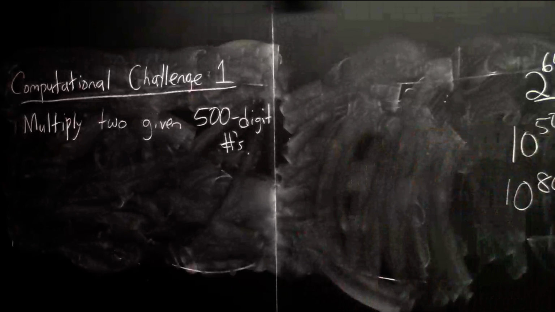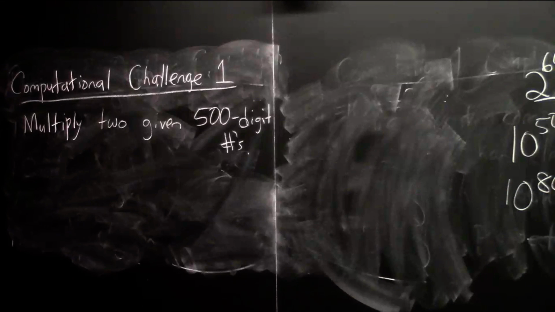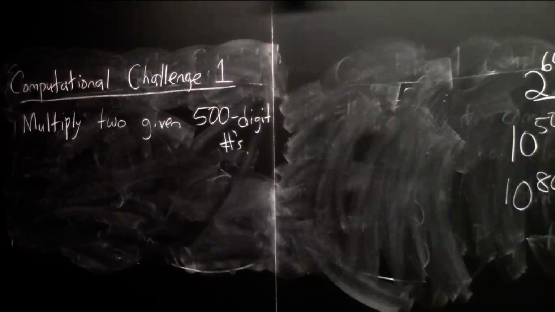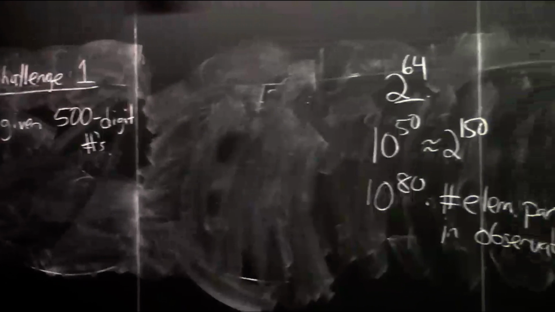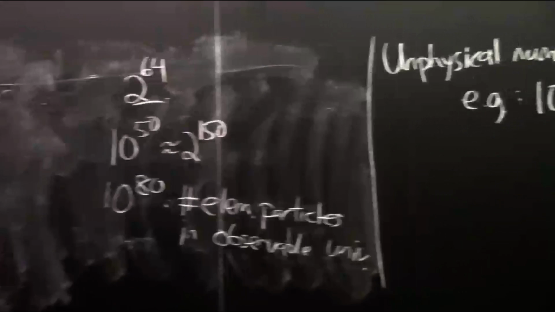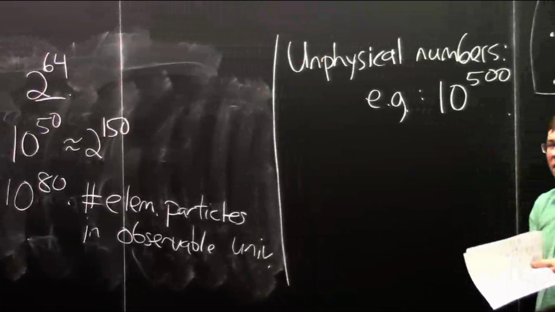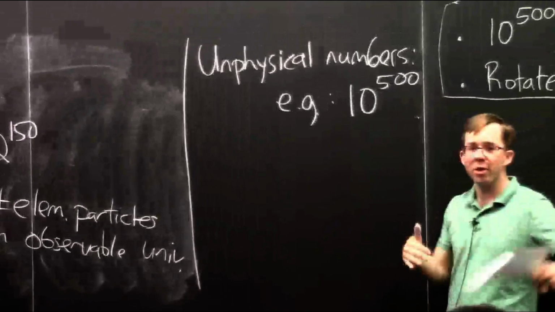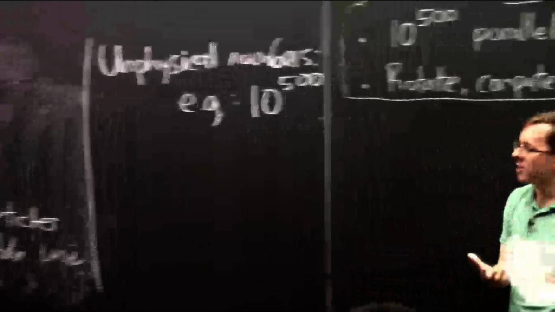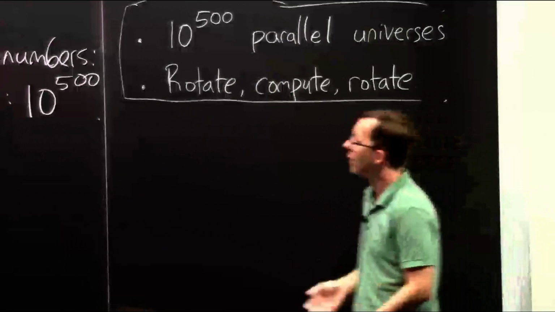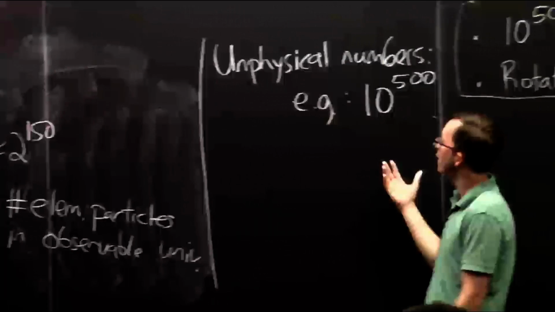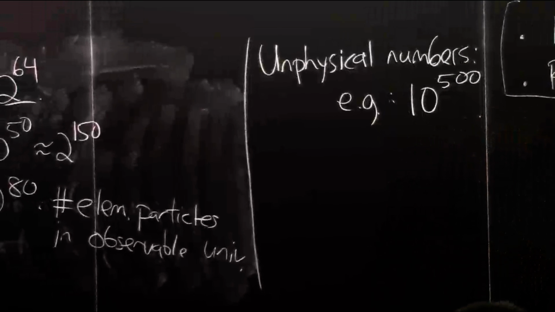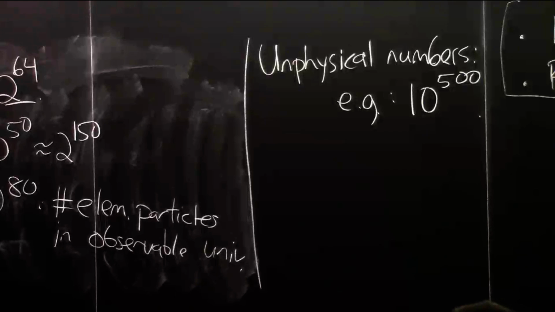Now, having specified this challenge, one thing you might ask is why would I ever care to do this in real life? What possible reason could I have for wanting to multiply together two 500-digit numbers? Because as I just tried to illustrate, it's not like you're building a wall in Minecraft where the width is a 500-digit number and the height is some 500-digit number, and you want to know how many blocks you need. You're not trying to figure out what shape rectangles you can make that have this many dots in them. These don't correspond to real quantities. So that's why I call it a computational challenge. Let's just say, never mind why you would actually want to do this in the real world.